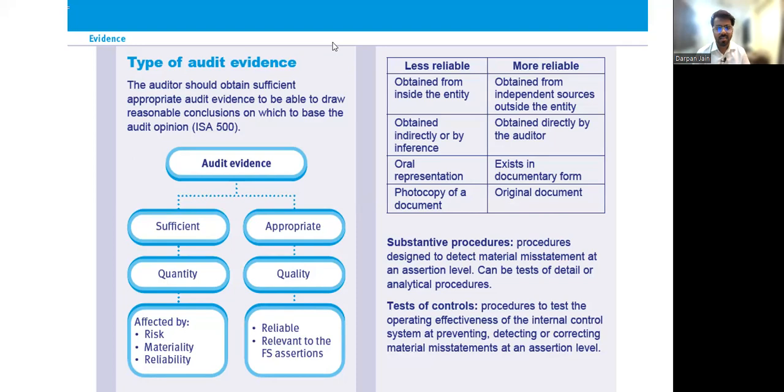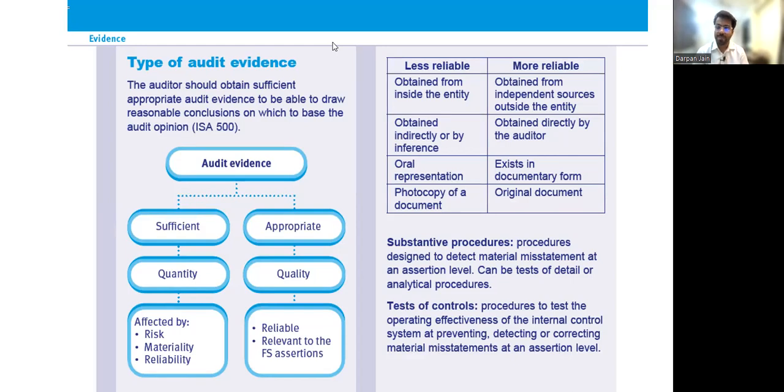Comparisons. What are you doing in analytical procedure? You're comparing. How are you evaluating the information? The financial data that you have, you're comparing it. You're comparing this year with last year. You're comparing this year with the budgeted or anticipated. You're comparing this company's financial data with another company in the same industry, or with the industry averages. You are doing comparisons with the help of ratios.